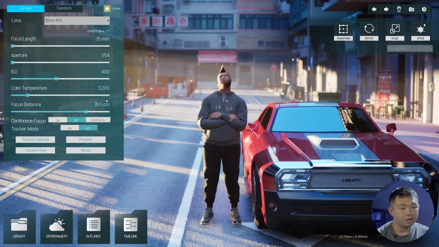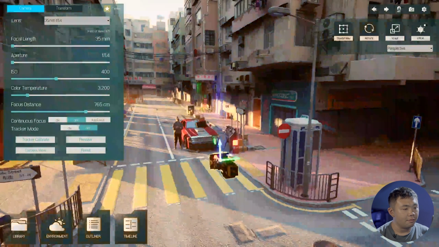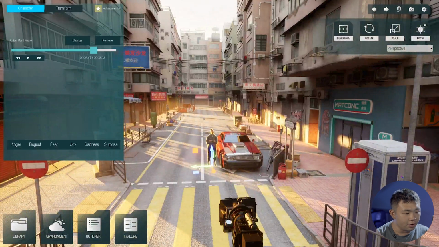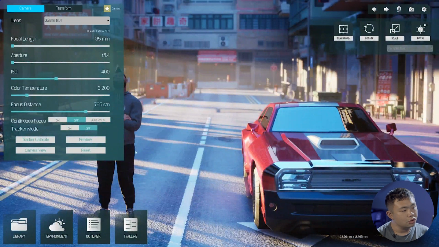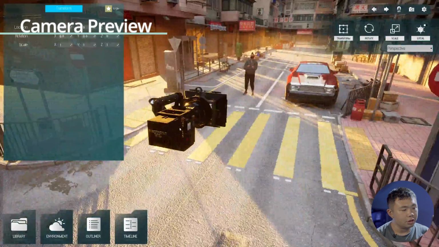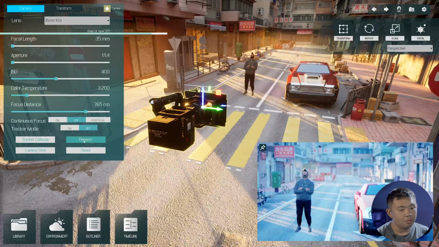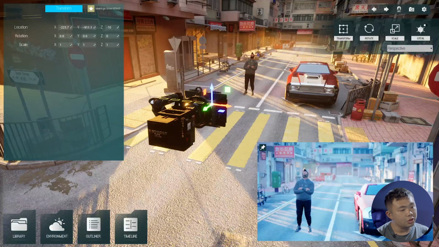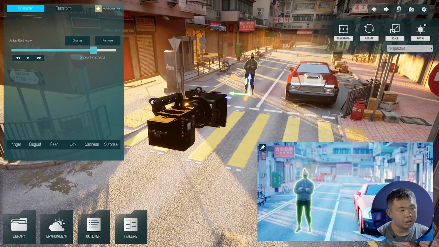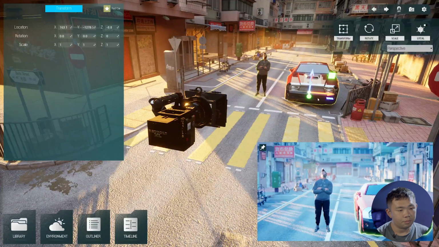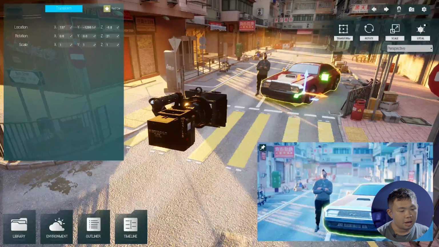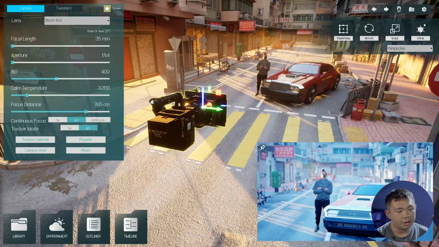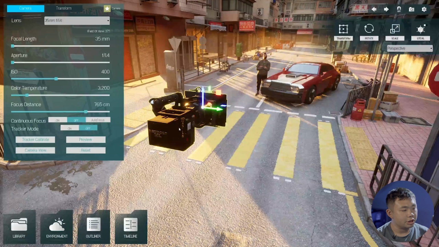And then we get a very useful function. Just think, if you need to place your characters here, and you need to leave the camera mode, go to director mode, move it, and go back to the camera view, it's actually quite inconvenient. So what can we do? We can take the camera, enable the preview mode, and pin it here, so that you will always have the view from your camera, and then you can place things wherever you want. Once everything is done, you just unpin it and click somewhere and the window will disappear.